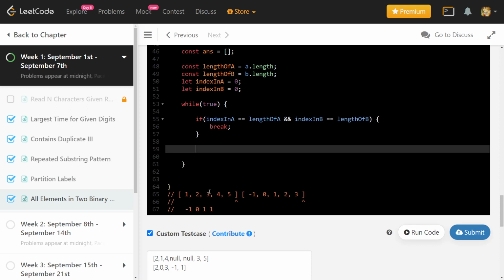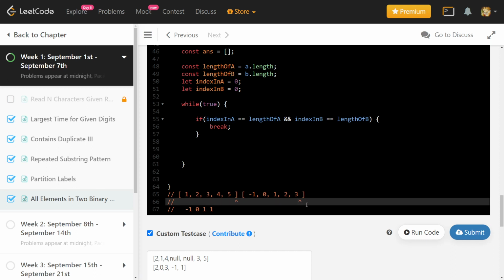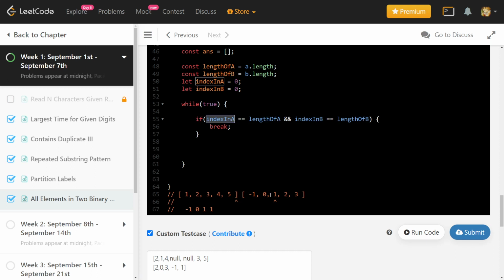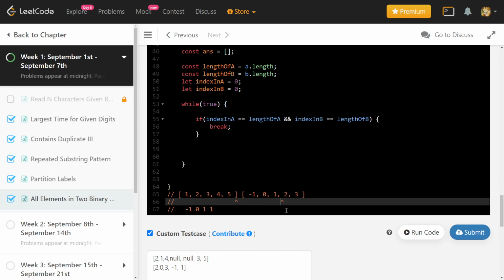For example, if the first pointer has reached its end and the second pointer is in between, suppose we have a condition like this, then we know that from the first array we don't have any candidate, right? So there are multiple ways to solve it. One way is you detect that if you have reached the end of any array, then you can just add the remaining portions. For example, when this pointer reaches 3, this pointer will still be here because 3 and 3, right? So now you know that you will never get any candidate from the second array. And at that point, what you can do is you can just add the remaining portion of the first array